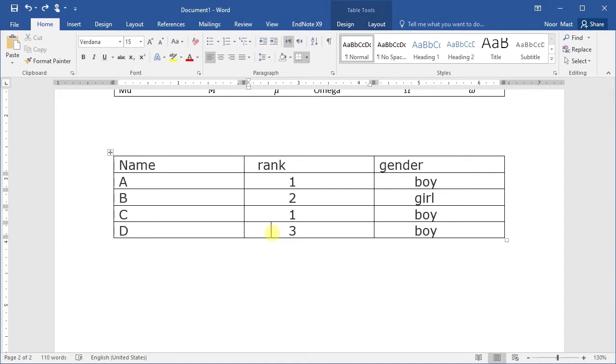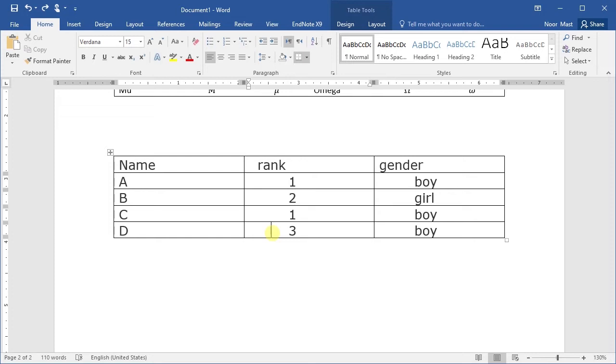Once you create a table in Microsoft Word, you can easily change its appearance. There are several options available for customization of the table in MS Word, such as to add rows or columns to a table, to remove rows and columns from a table, or to change the table style.